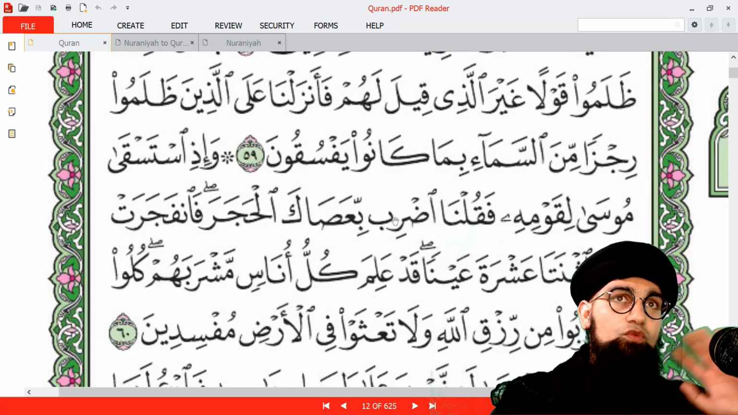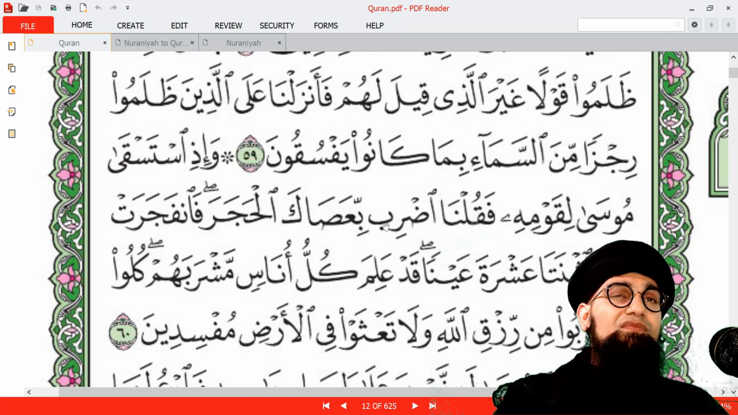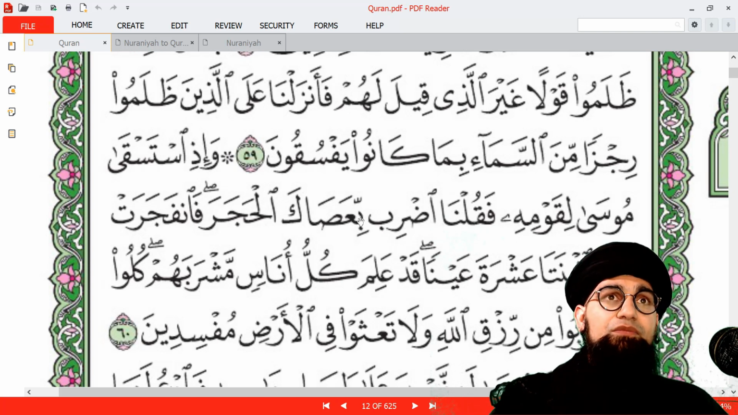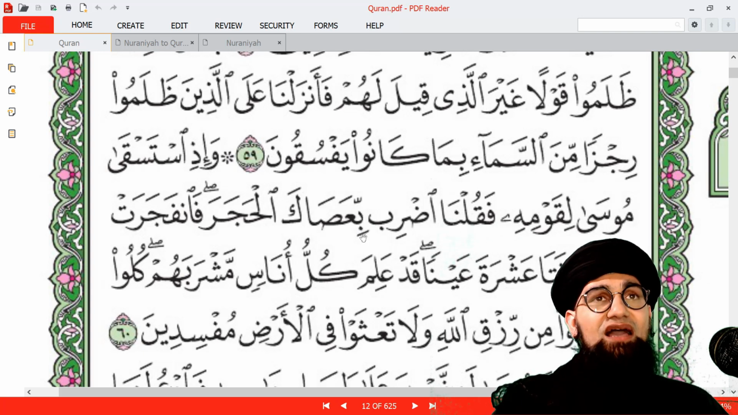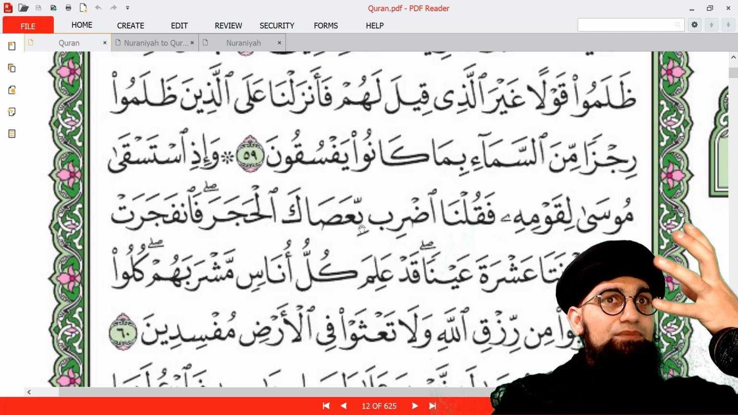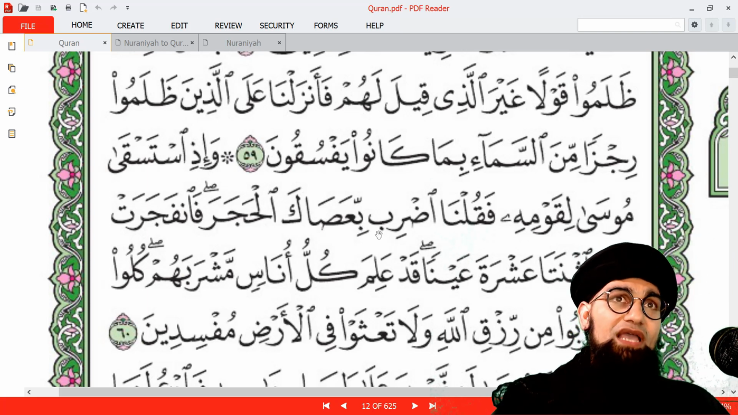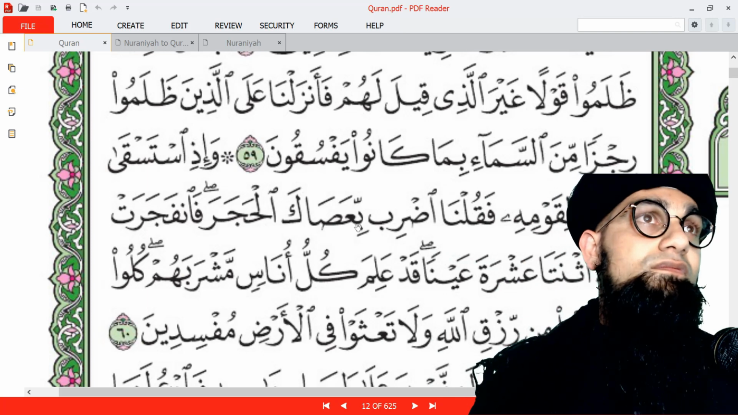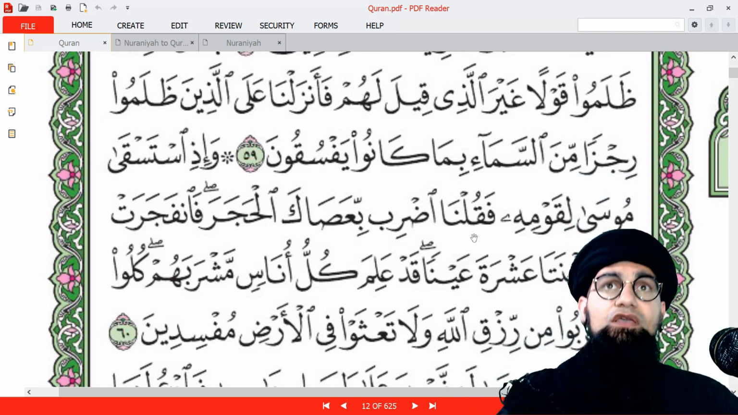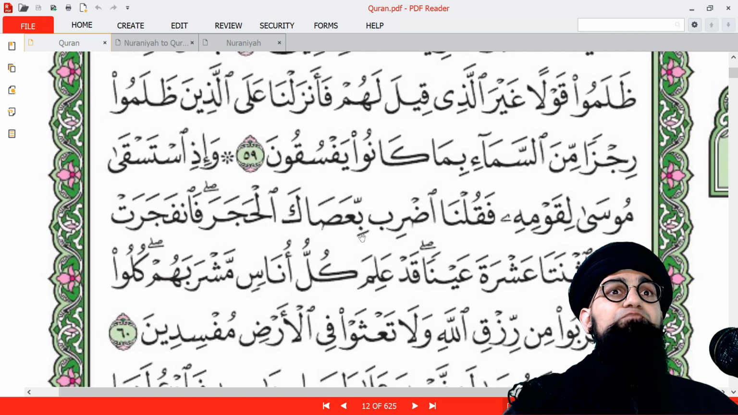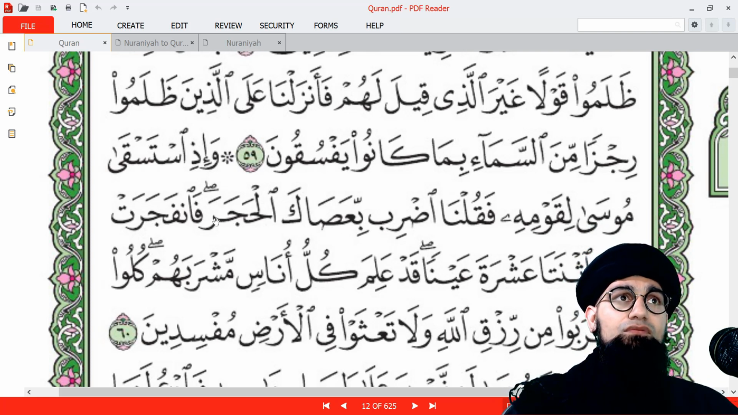Right? Now this is a rule we're going to cover later, but a ba will go into this ba because this ba has a haraka and this ba has sukoon, and because the letter that has a haraka is stronger, it will basically pull in the letter with the sukoon. So actually you connect this together. So we say فَقُلْنَا اضْرِبْ بِعَصَاكَ الْحَجَرَ